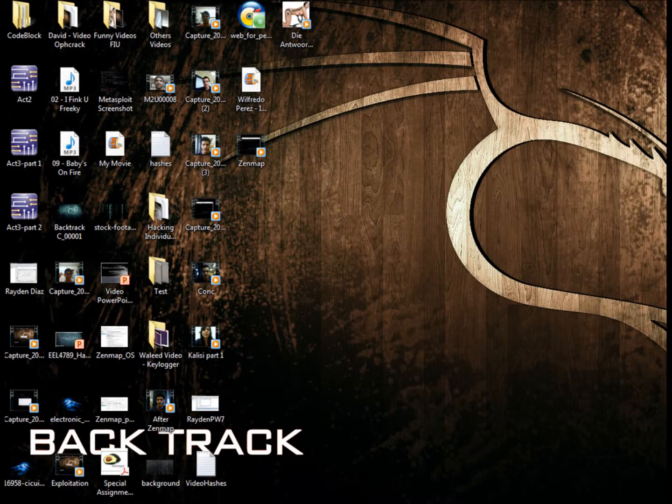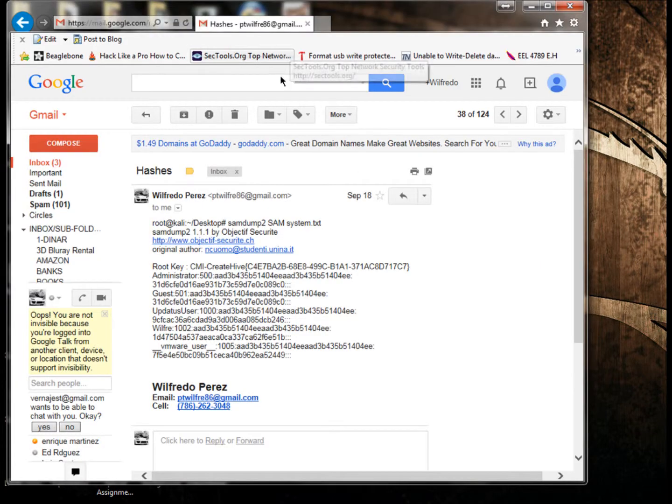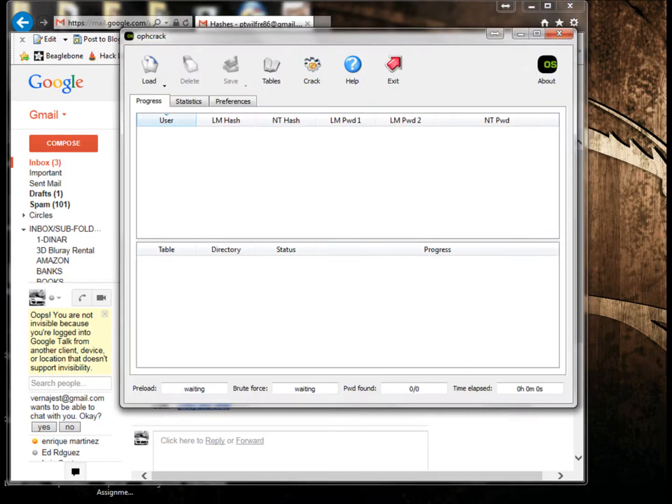I showed you how to use Ophcrack in order to get the password for any computer. Now I'm going to do the same procedure. The only difference is that I'm going to put in the original hashes for my computer. These hashes I obtained using a Kali machine. So let's do it. Okay, as you can see here in Ophcrack,